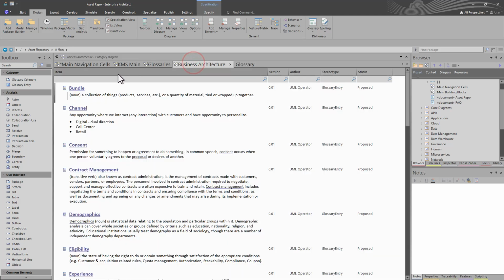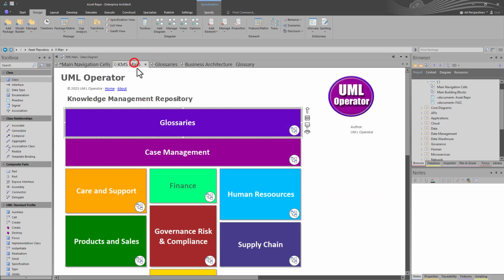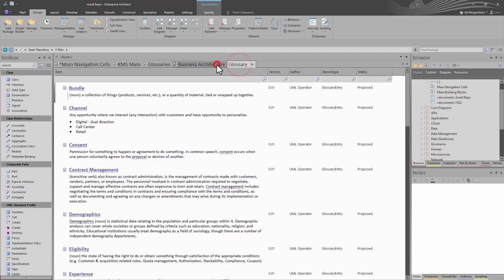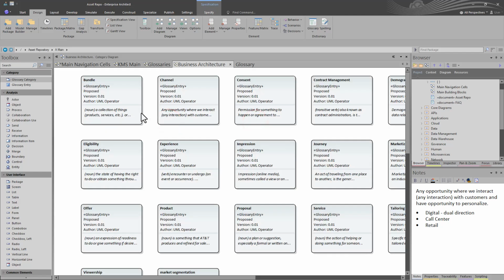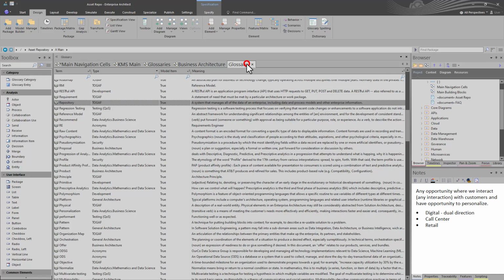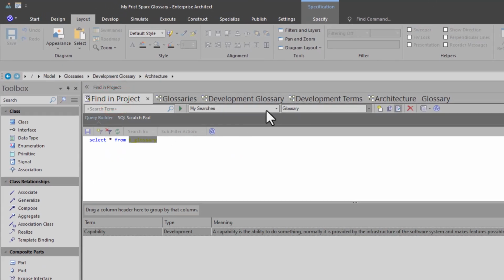versus coming into a particular view like this and trying to understand, well, how did they get to that? How is that managed? You're saying things like, well, these are elements that are managed. So if I switch views, these are graphical elements that are managed and not just a flat file where the terms are managed here. So one more time, let's go to Find in Project. We basically are able to filter and search our